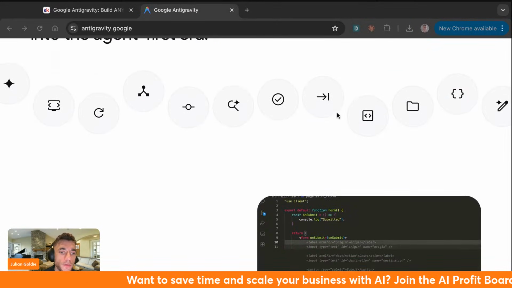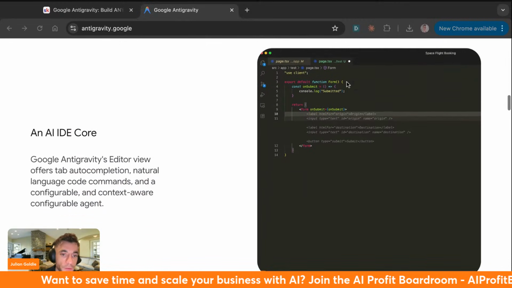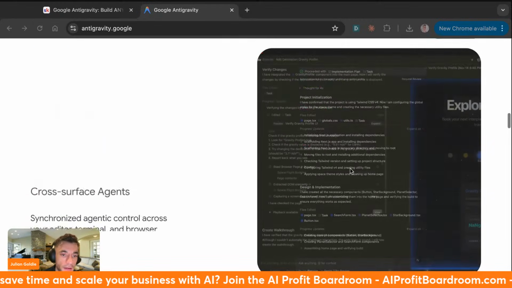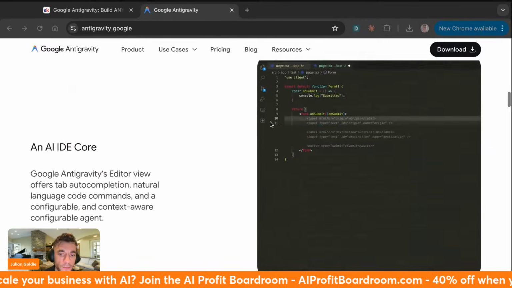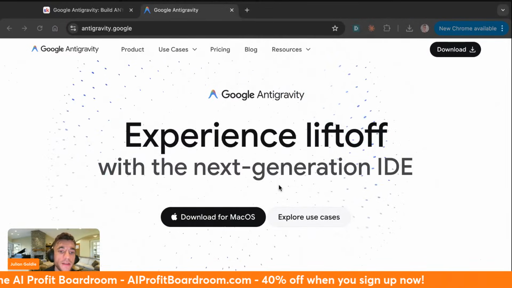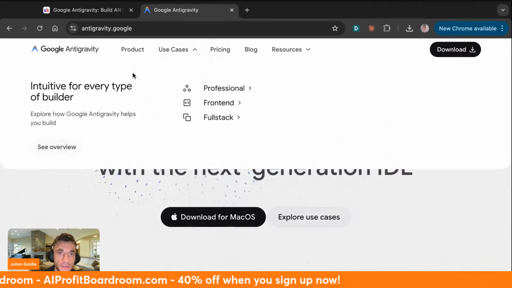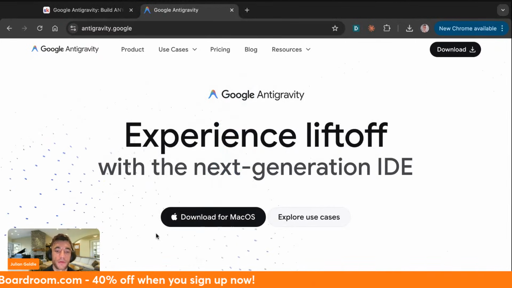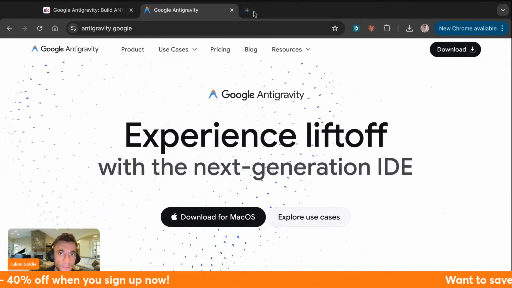And here's what we're going to do together, all of this using just words, no code. And if this works the way Google says it does, this changes everything for entrepreneurs who want to automate their business, when before they needed to hire developers first. So let's test exactly how to use it. You can download it for free right here. And then once you've done that,